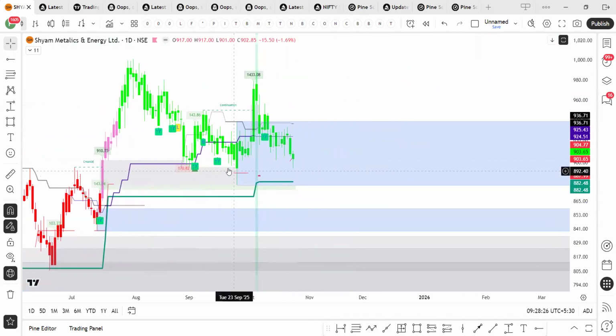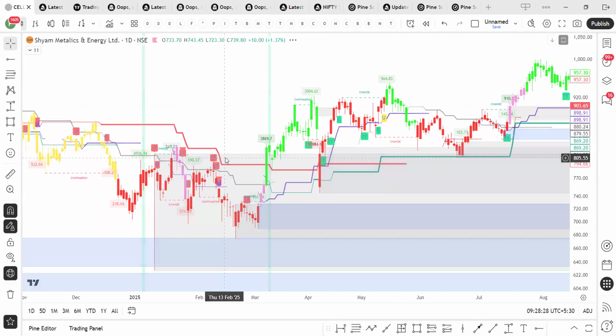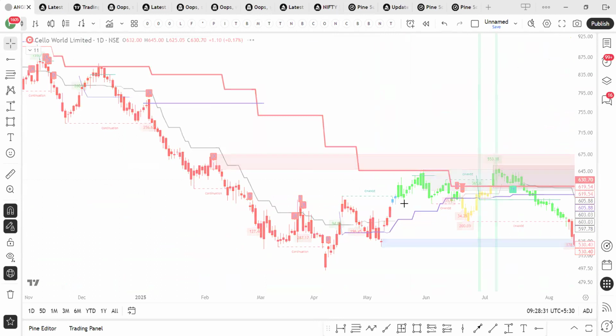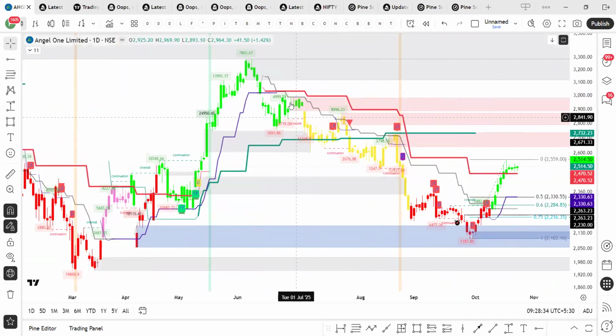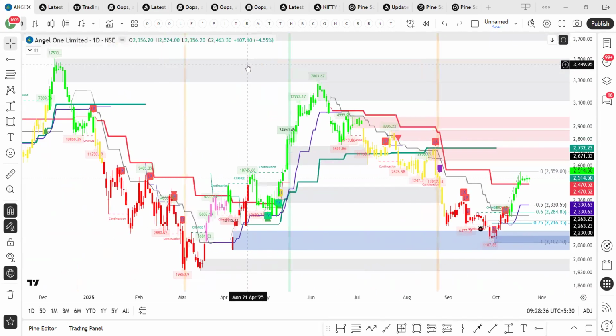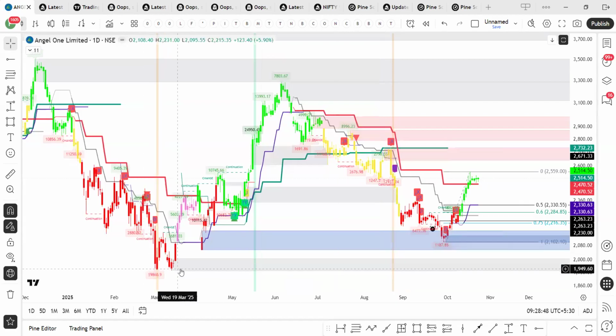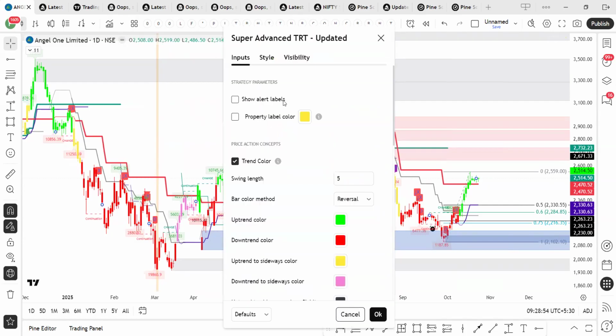Maybe on some other stock, Angel One. So some people will see this contrarian entry. There is a selling area here, price range there, they will short here and price has come down up to this. So the same thing can happen on the upside also. There will be a buying area like this gray color buying area, and this one also will have a gray color. If I hide